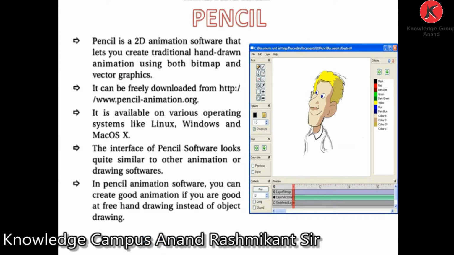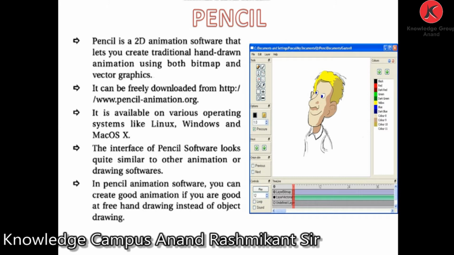So Pencil software is described here. Pencil is a 2D animation software that lets you create traditional hand-drawn animation using both bitmap and vector graphics. It can be freely downloaded from pencilanimation.org. It is available on various operating systems like Linux, Windows and Mac.